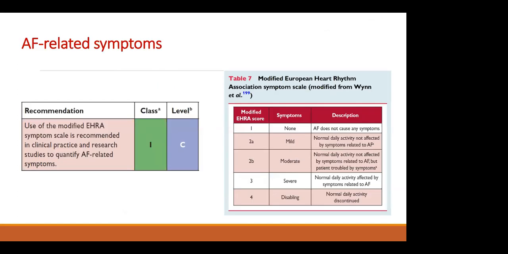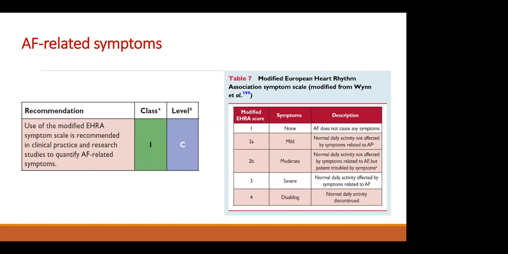What about the diagnosis? Sometimes AF may be silent, but if the patient is symptomatic, either with palpitation, dyspnea, chest tightness, poor exercise capacity or poor exercise tolerance, you should classify his symptoms according to the Heart Rhythm Association Symptom Scale, which is a class 1 recommendation to use this modified symptom scale to categorize this patient